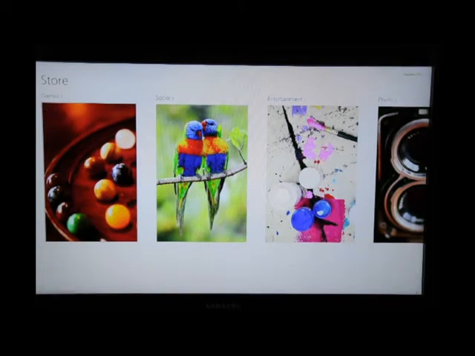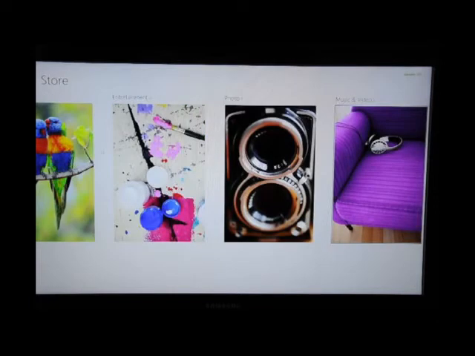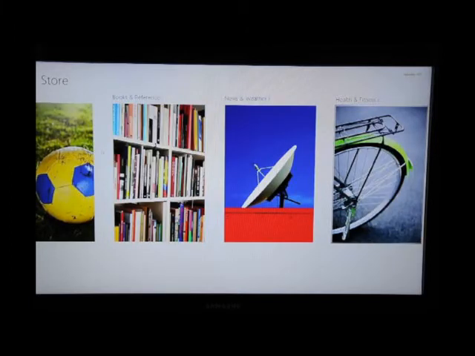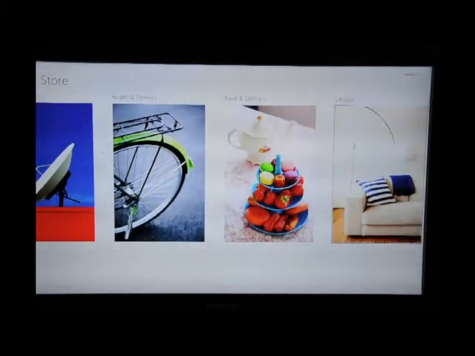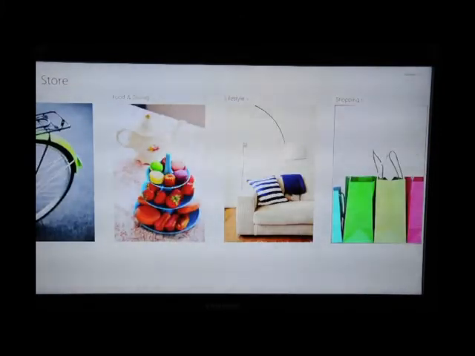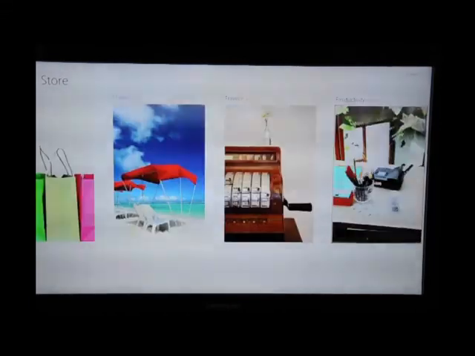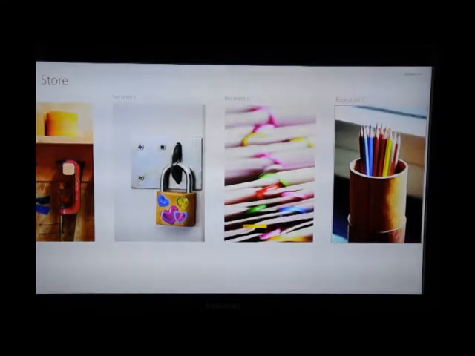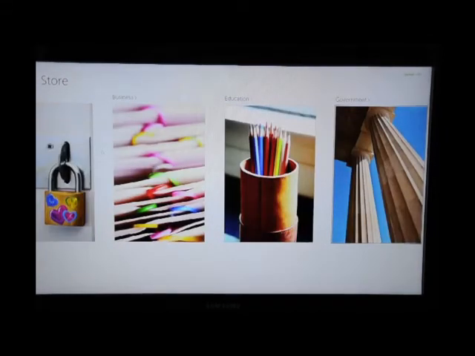When it's open, it would show the list of categories in Windows Store, which has games, social, entertainment, photo, music and video, sports, books and reference, news and weather, health and fitness, food and dining, lifestyle, shopping, travel, finance, productivity, tools, security, business, education, and government. So let's try to check out